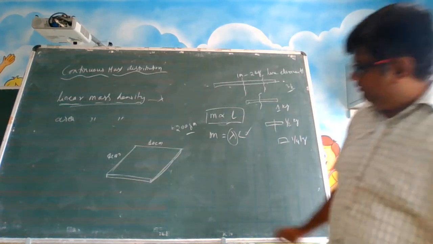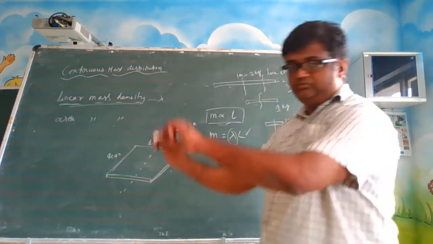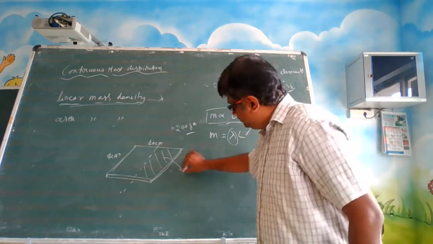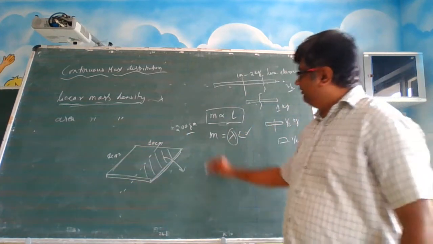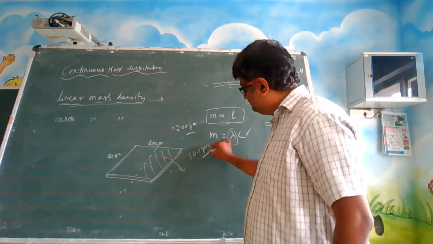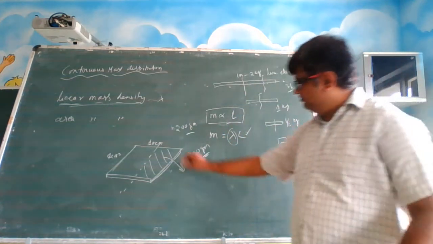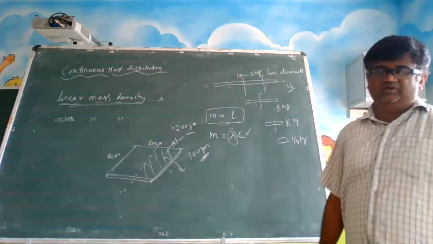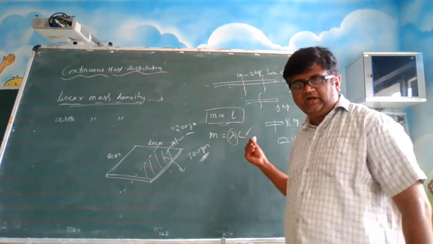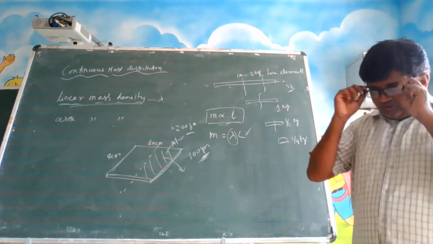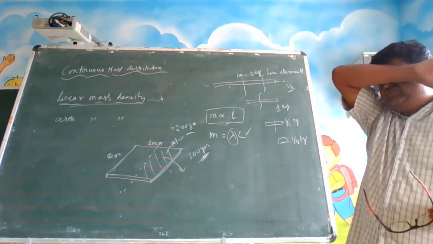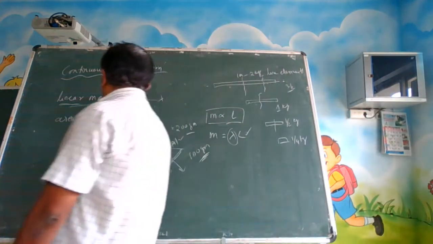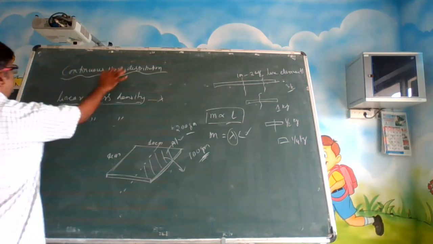Right in the middle you have broken it into two pieces. So this piece you have taken out. What will be the mass of this? It will be 100 grams, isn't it? You made two pieces, that means this is A by 2, and this is 100 grams. If you take out a 1/4 piece, it will be 50 grams. That means the mass is uniformly distributed. The mass is not randomly distributed. That is why it is a continuous mass distribution.